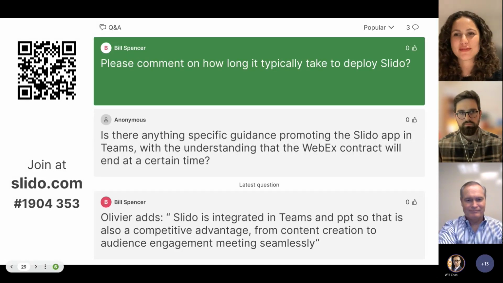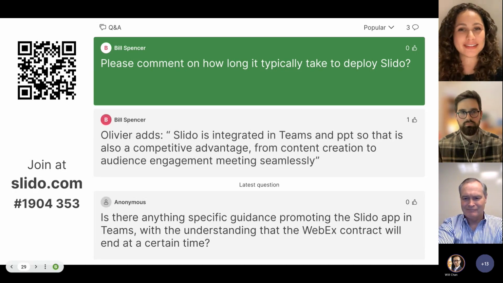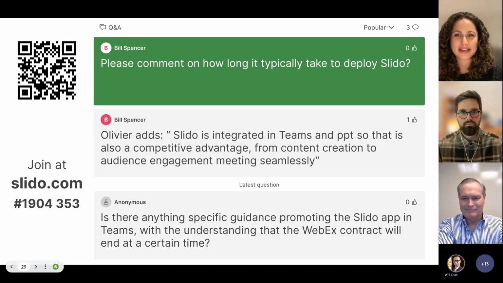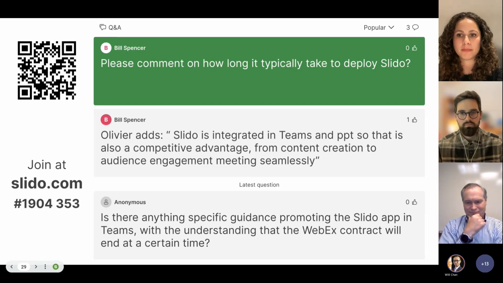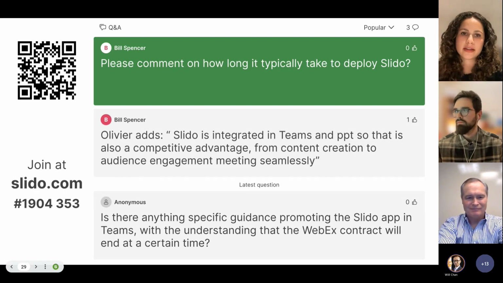I don't want to give misinformation, so I'm not going to speak more on that. That being said, it could be super quick. It's really not a complicated product to deploy and quite easy to start using. But depending on the organization's desires, size, and approvals, those are things that might get in the way.